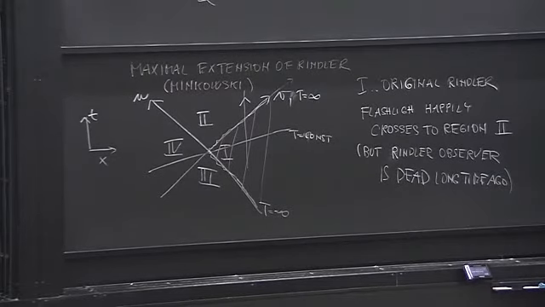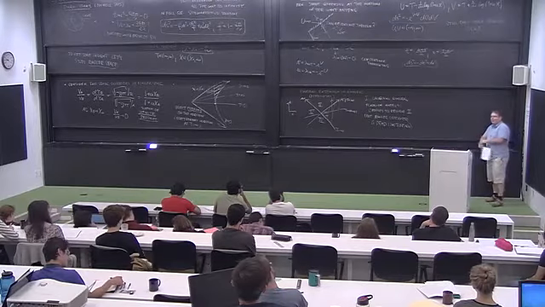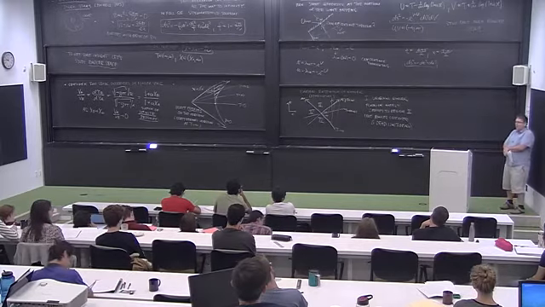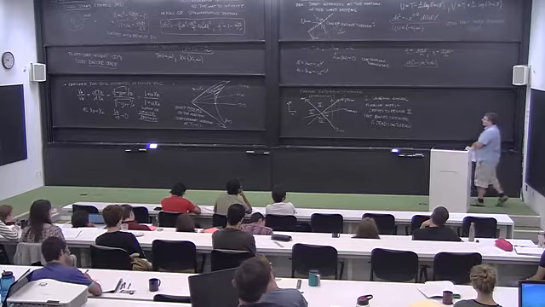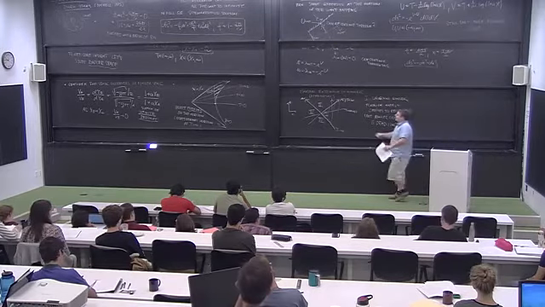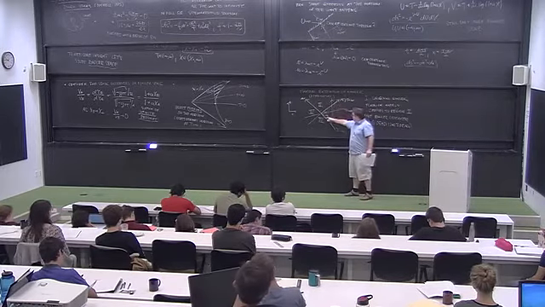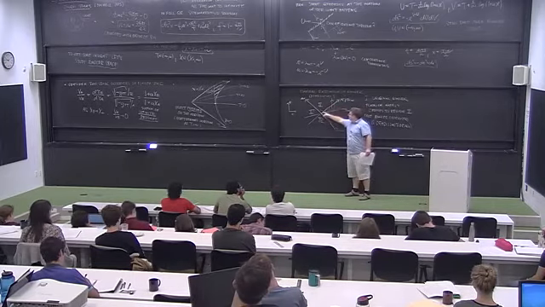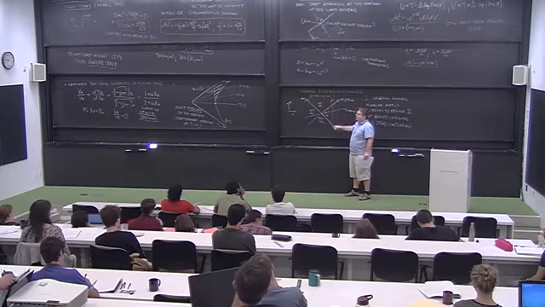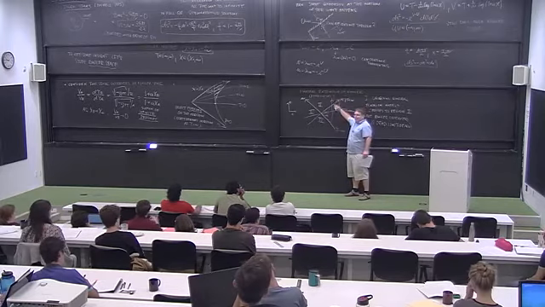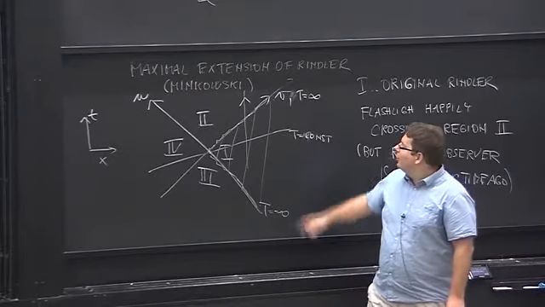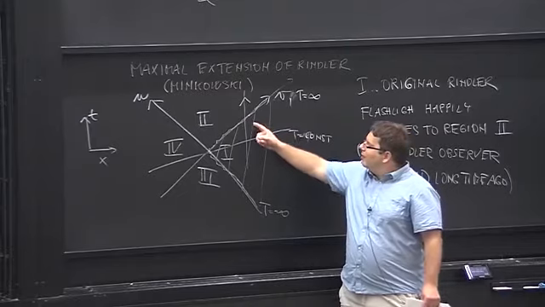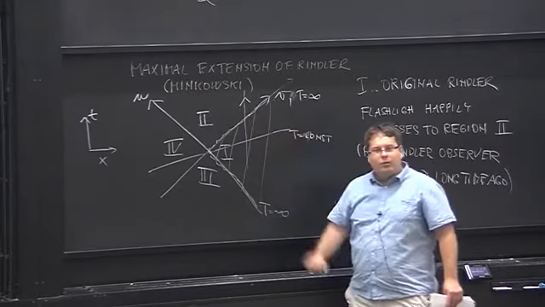So the funny thing is that whatever I'm saying here about the Rindler space, this is precisely what happens in the Schwarzschild space-time. This is precisely what happens for the black hole. So we will see that, well, we will not really see, I'll just tell you, that the original Schwarzschild coordinates, they just cover exactly the region like this. There's a horizon, future horizon, and the past horizon. This horizon is a surface of infinite redshift. Whatever the observers can see in this region, they will never see anything cross the horizon.